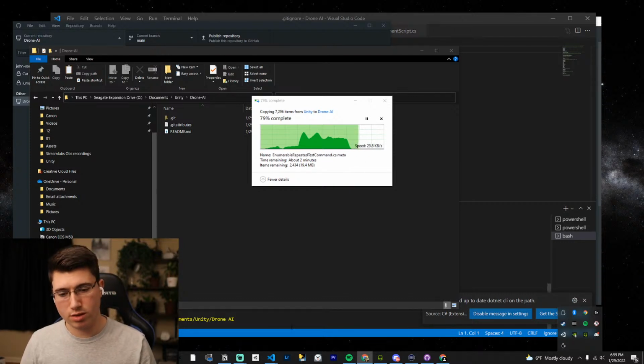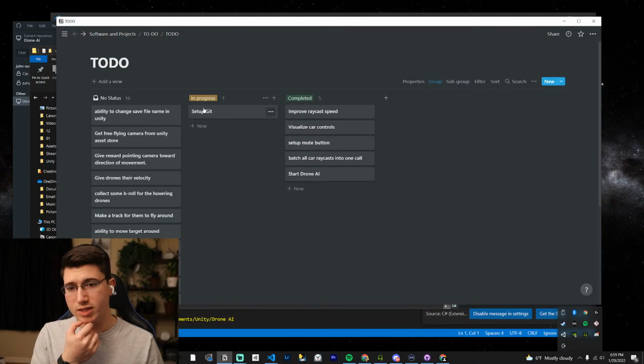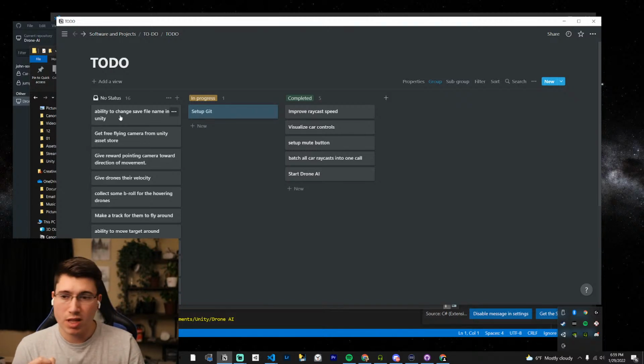While that's loading, what can we do? We can look at our task list. And hopefully the setup git will move to completed in like 2 seconds. So what's next? After we set up the git,